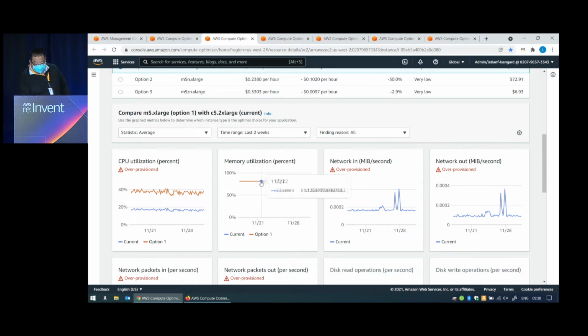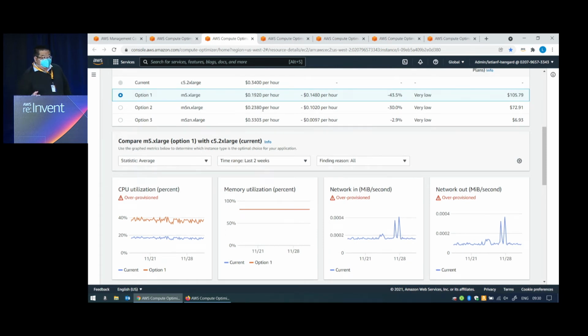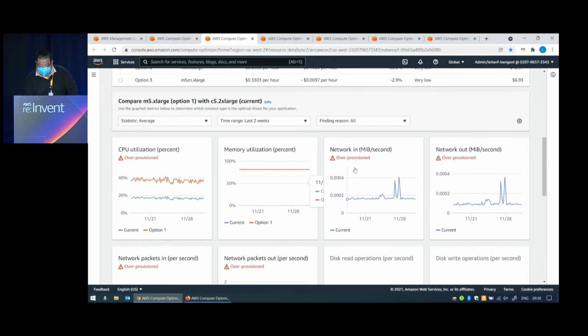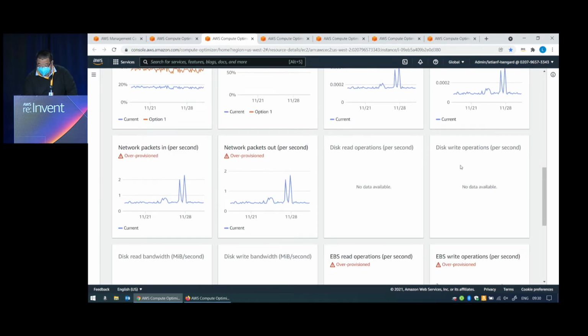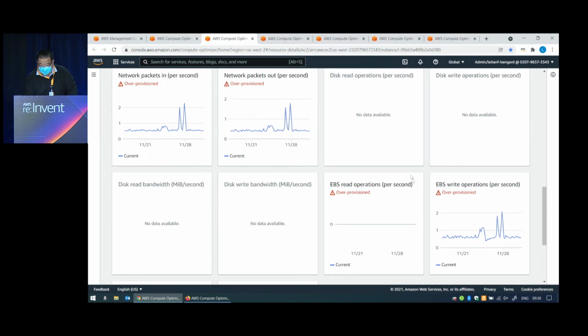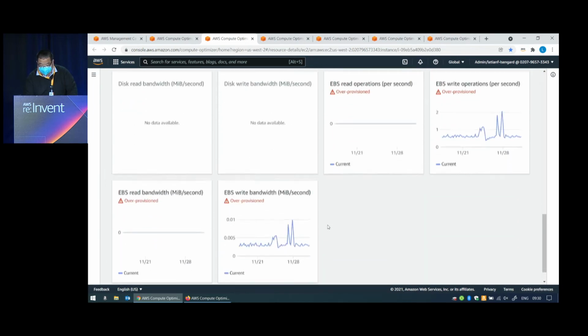And then the memory utilization, I have the CloudWatch agent installed on this. It's about 81% currently, and the M5 xlarge has the same amount of memory as the C5 2xlarge, so the memory utilization looks pretty good. Then for network in and network out, these are pretty low. There's no local storage in C5. And then the EBS utilization is pretty low.